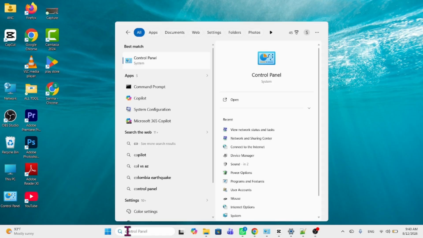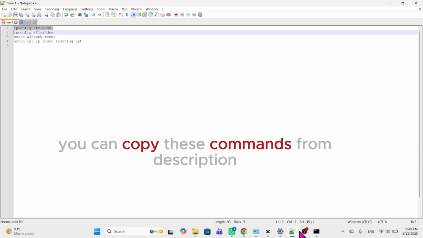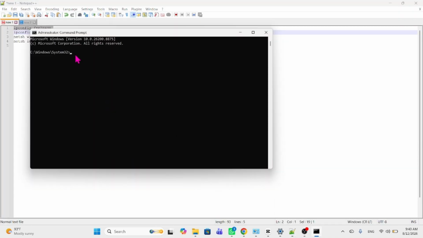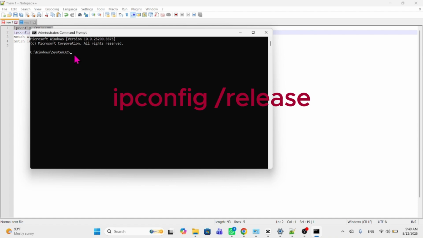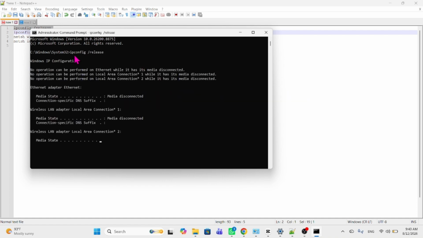Option 3. Search for Command Prompt. Right-click it and select Run as Administrator. Now, enter these commands one at a time. ipconfig /release. Press Enter. Then type